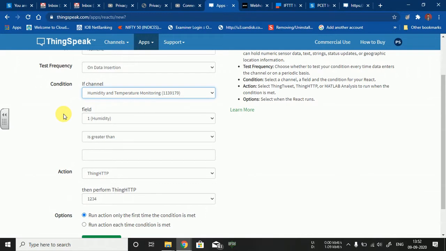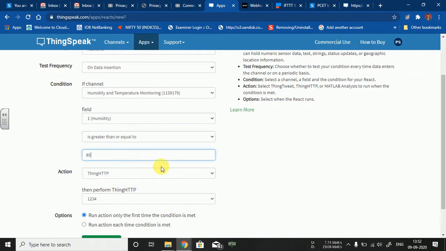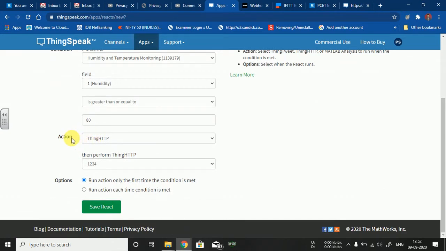Now you need to take the decisions, so define your conditions first. If your field 1, which is humidity, is greater than or equal to, suppose I write 80, if the humidity value crosses this threshold value of 80, it will act as an action. What is the action? That is the event occurred. So in ThingHTTP you need to select what we have just created, the ThingHTTP event as humidity and temperature alert.